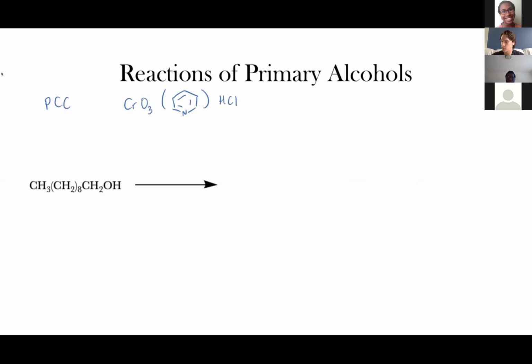Okay, so this complex right here is PCC. And you may also see something called DMP used. DMP is a fairly complex molecule, which I won't be drawing out, but it'll accomplish the same goals as PCC, okay? And so when we react this primary alcohol with PCC in dichloromethane as the solvent,